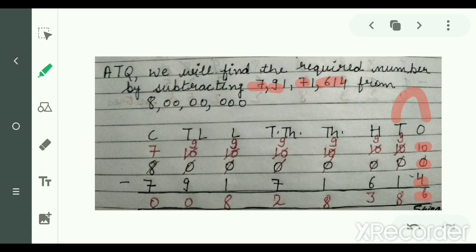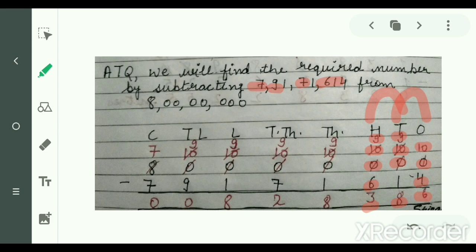In the tens place we have 0 minus 1. This operation is also not possible because 0 is less than 1. So this 0 will become 10 here as it has given one borrow to the digit at the ones place. So this 10 has become 9 now. So 9 minus 1 we have 8. At 100 place we have 0 minus 6. This operation is also not possible because 0 is less than 6. So this 0 has become 10 here and this 10 has become 9 here as it has given borrow to the digit at the tens place. So 9 minus 6 we have 3 here.